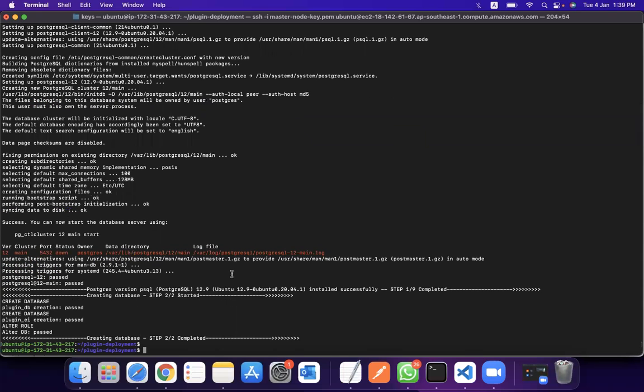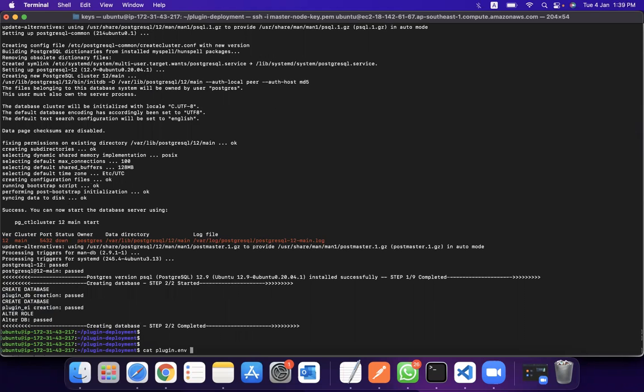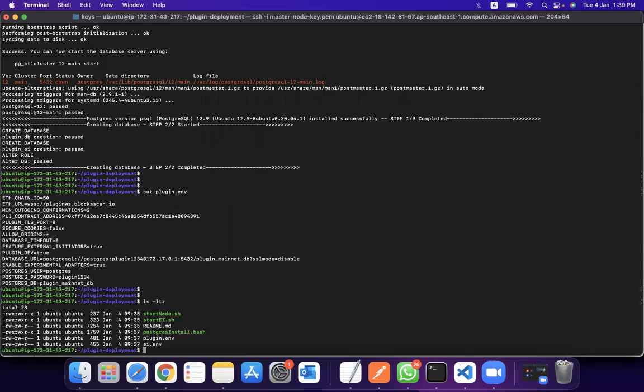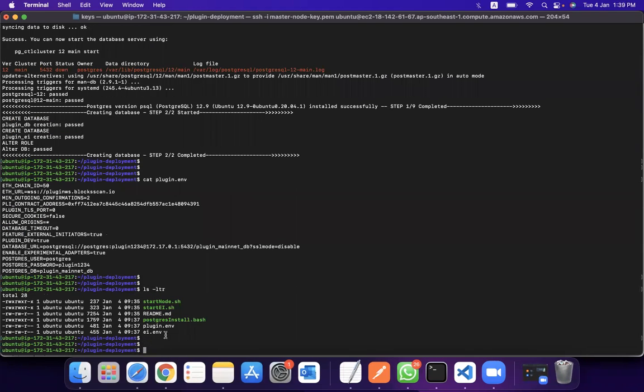Here you can see a create database command has been executed, and you have created two databases here: plugin underscore db and plugin underscore ei. These are the databases we will be using inside plugin.env and ei.env.